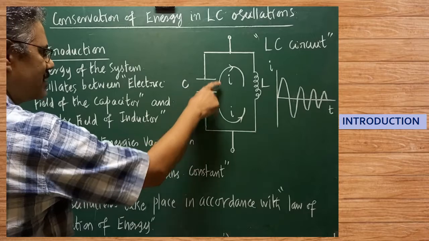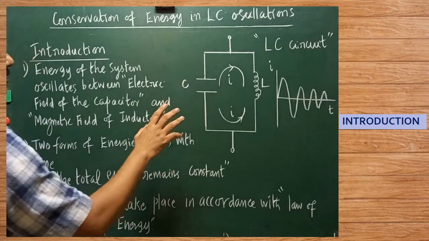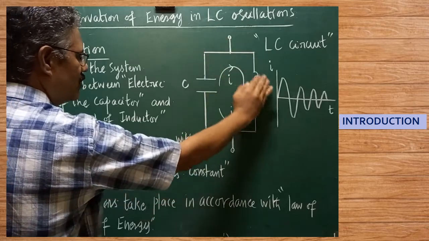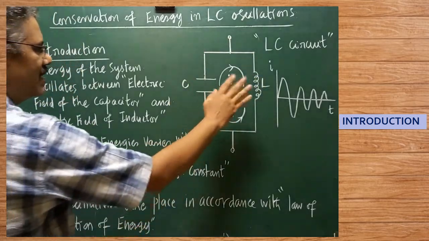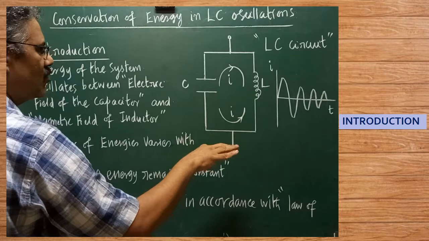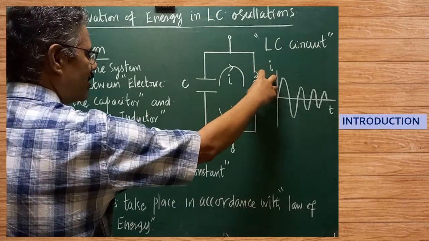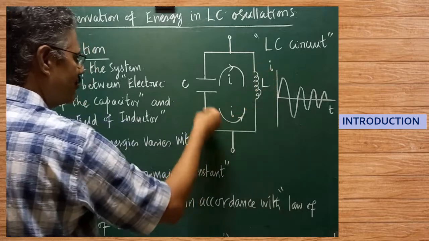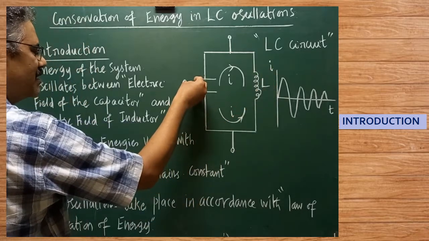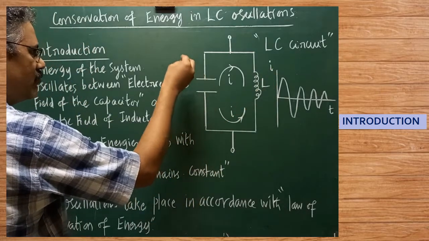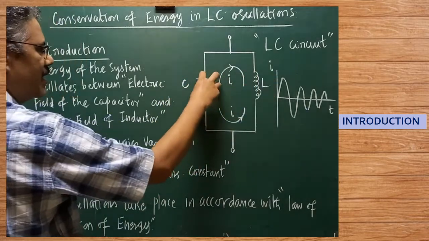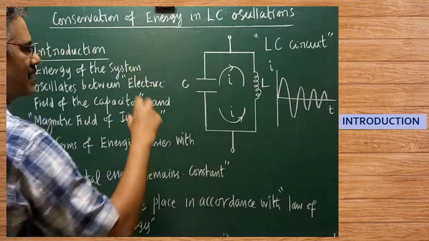By that time, the capacitor will be losing all its charge. So the electrostatic potential energy is converted into electromagnetic potential energy in the inductor. Later, the electromagnetic potential energy stored in the inductor will be given back to the capacitor. Again the capacitor will be fully charged, and the electromagnetic potential energy will be converted into electrostatic potential energy.